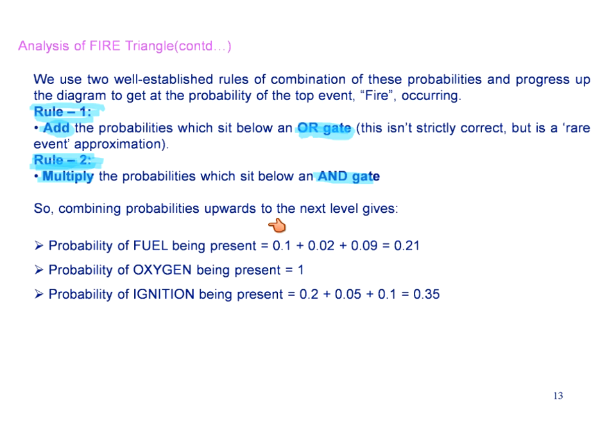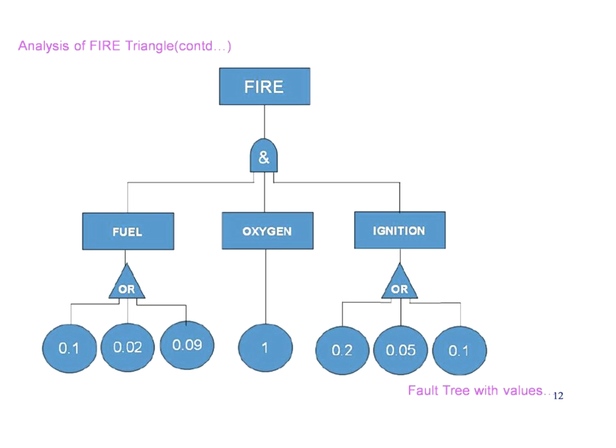So combining probabilities upward to the next level gives the probability of fuel. How much is the probability of fuel? If you see the previous diagram, this is an OR gate. So 0.1 plus 0.02 plus 0.09. Just add, because it is all coming under an OR gate. OR gate means add. Okay. And here also OR gate, add, take the value here. Understand? So 0.1 plus 0.02 is 0.12. 0.12 plus 0.09 is